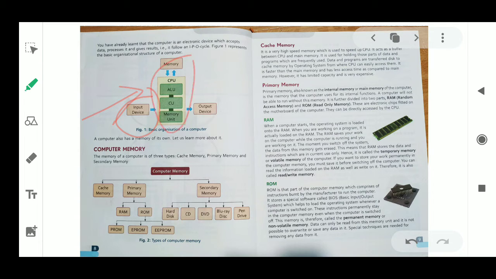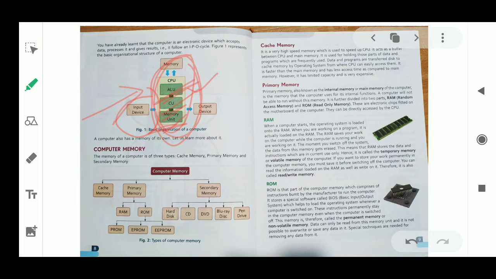This is called the CPU section, and in this CPU section there are three things: ALU, CU and MU. ALU stands for arithmetic logic unit, CU stands for control unit, and this memory unit, in short, we can also say MU. In ALU all the arithmetic operations are performed. The control unit controls the instructions between the motherboard and CPU. It controls the instructions between hardware and software also.